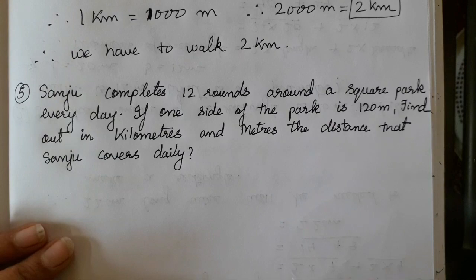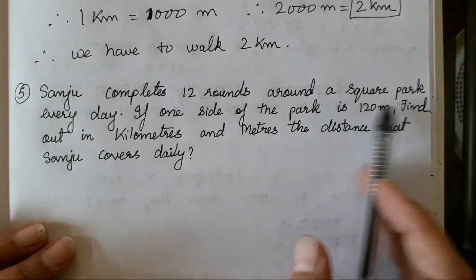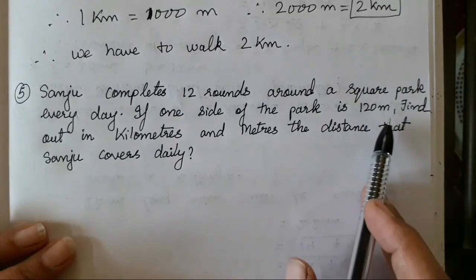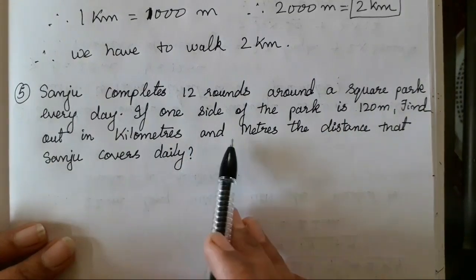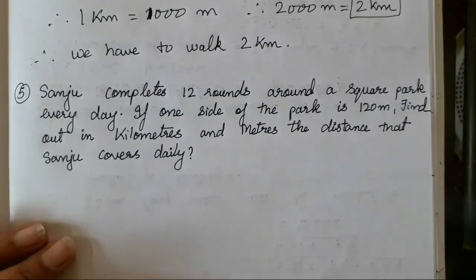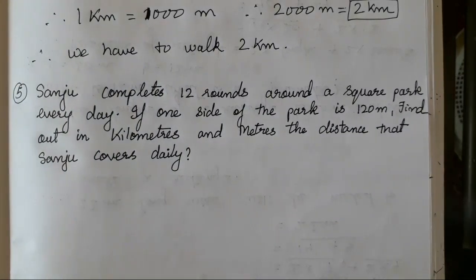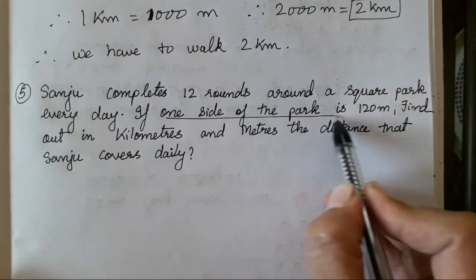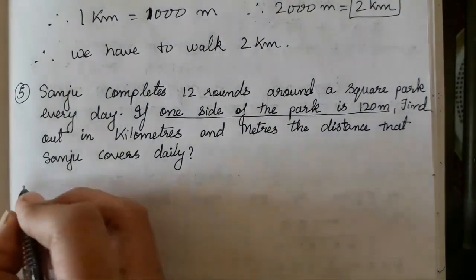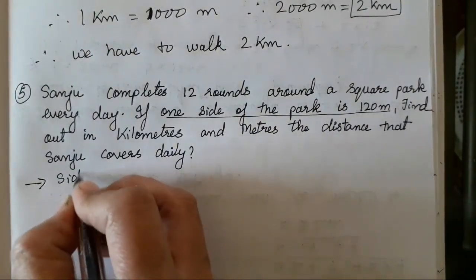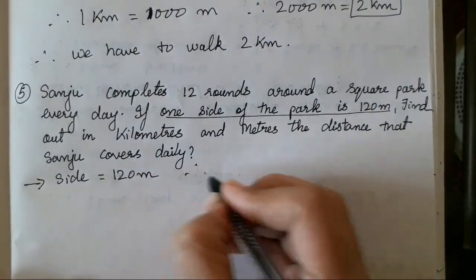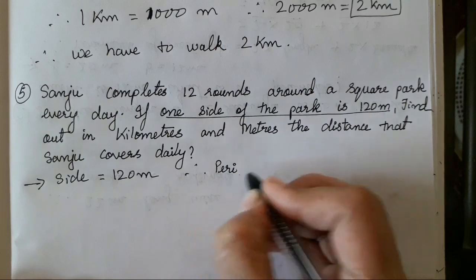Sanju completes 12 rounds around a square park every day. If one side of the park is this much, find out its kilometer and meters, the distance covered by Sanju daily. Okay, now over here only one side is given, children. One side of the park is this much, that means it is a square park. So what we have to take? We have to use the formula of square. Okay, therefore first we will find the perimeter